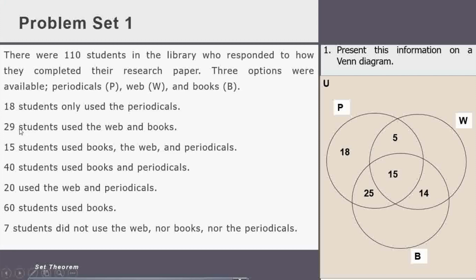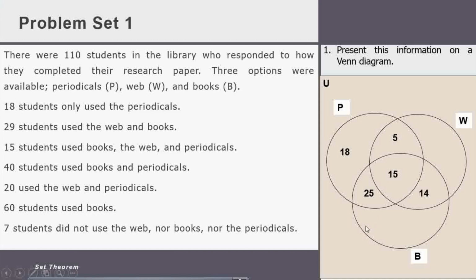As we move down, we've already covered the 29, the 15, the 40, and the 20. We move down to the next one, which is 60. We are told that 60 students used books. Now, take note, this one and the first one are different. The first one is saying 18 students only used the periodicals, meaning that these 18 did not use any other option, but only periodicals. This other sentence is saying 60 students used books, meaning that regardless of what these students use, what is known about them is that 60 of them had contact with the